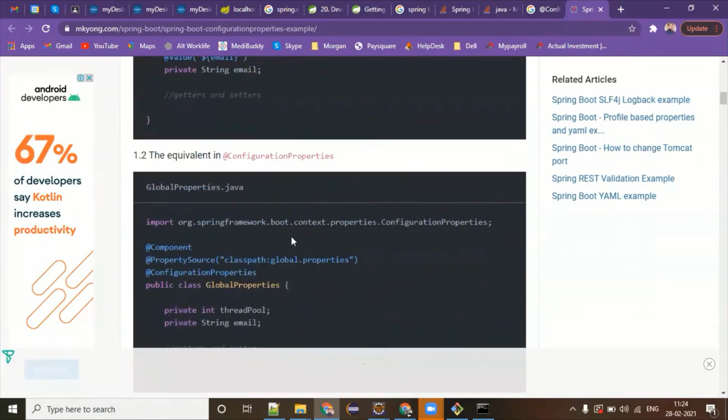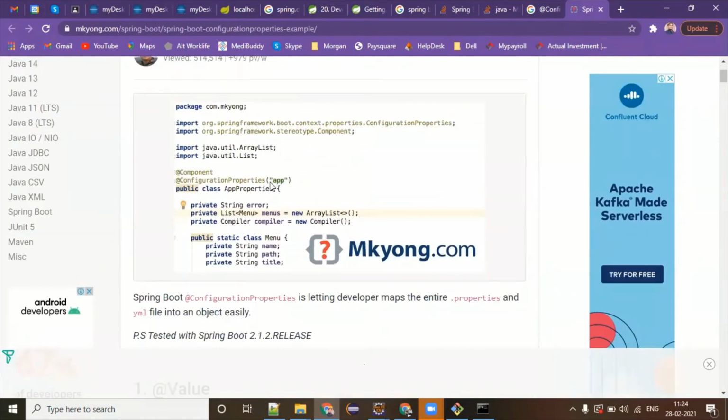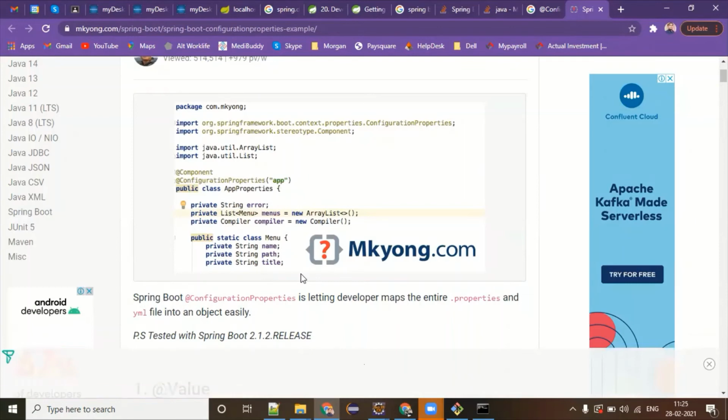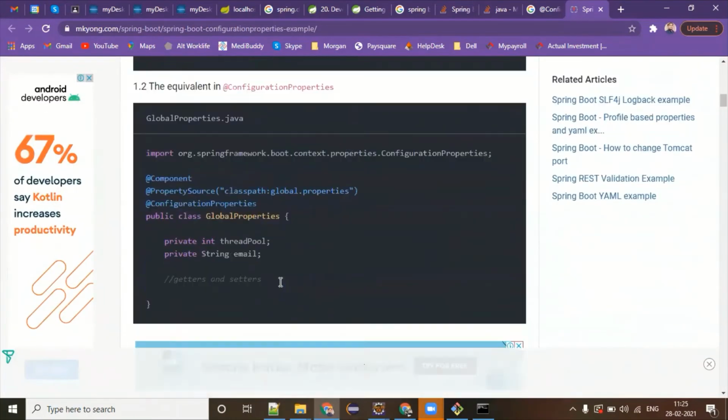For that purpose, this annotation comes into the picture. Look at this. You are saying @ConfigurationProperties app. It means do not bother about the other keys of that properties file. Whichever start with app, I'm going to use only those properties.